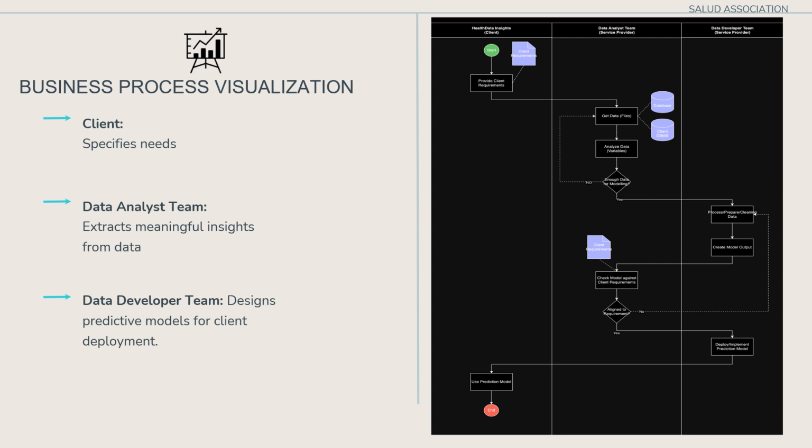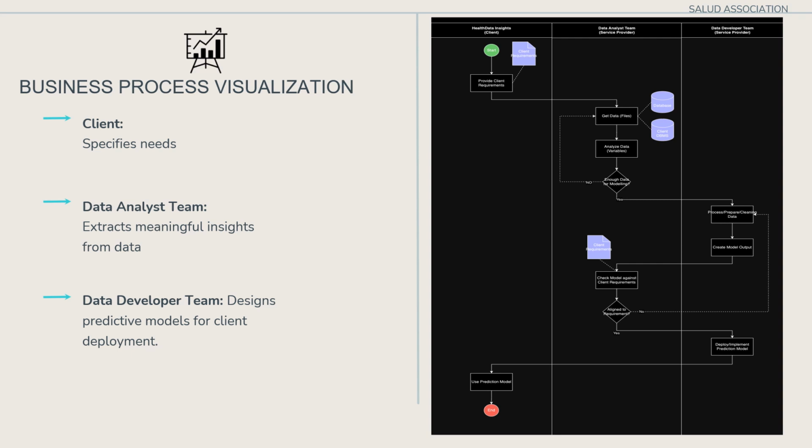They will be analyzing the data, checking all the variables and making sure that there is enough data for modeling. And if there is not enough data, then they will go back, check the data, and analyze it until it's enough for the modeling. Once the data is enough for modeling, they will hand over that data to the data developer team. Now, our third team, which is the data development team, will process, prepare, and clean the data, create